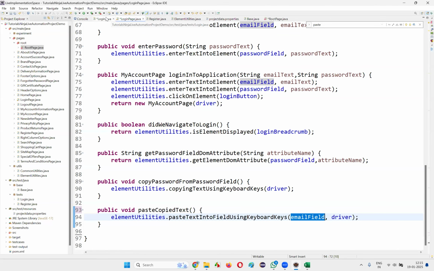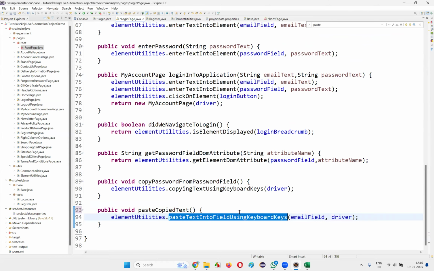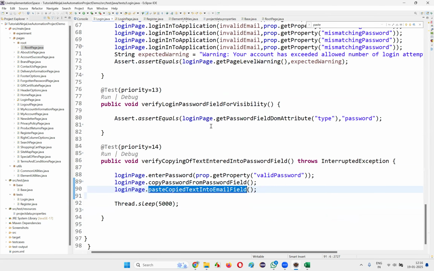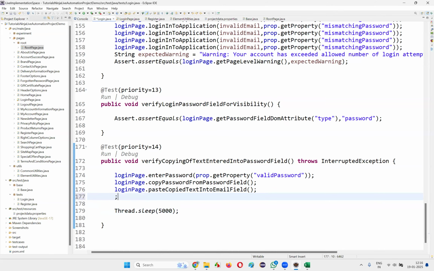Email field and all the stuff. Okay, then let's copy text into the email field and I have to click on the login button once